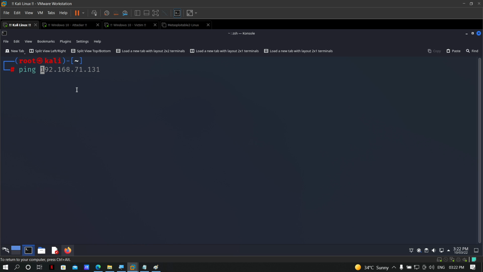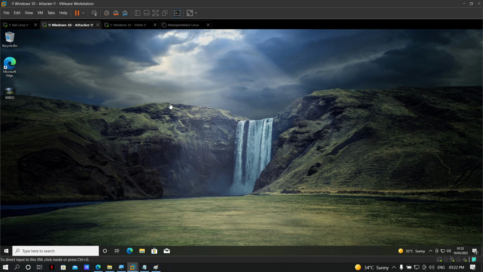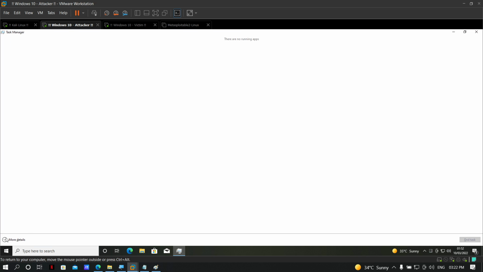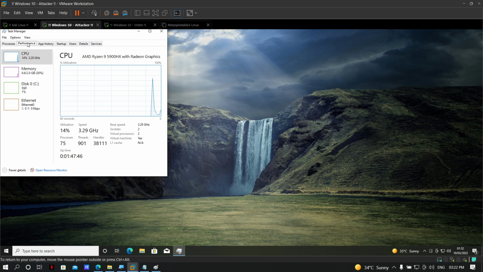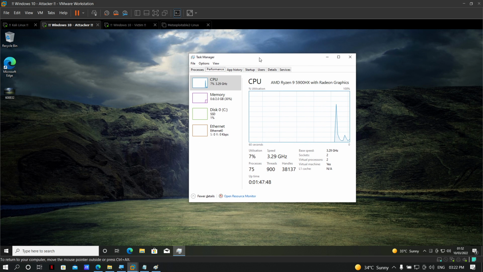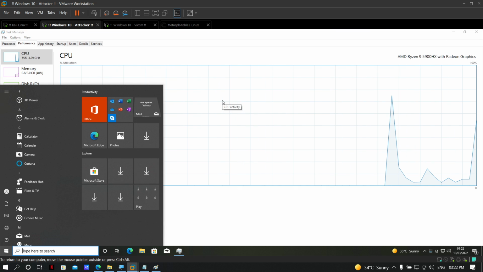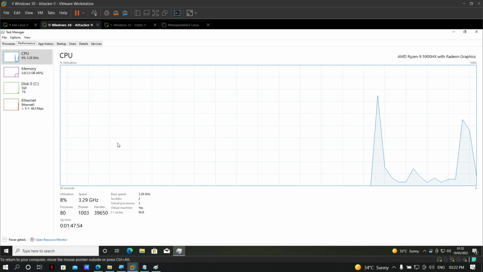Right? Okay. So what I'm going to do is send some packets to this Windows machine. So this is my Windows machine, no task is running. The CPU consumption is something around 8%, 7%. No more CPU consumption is there. Right?